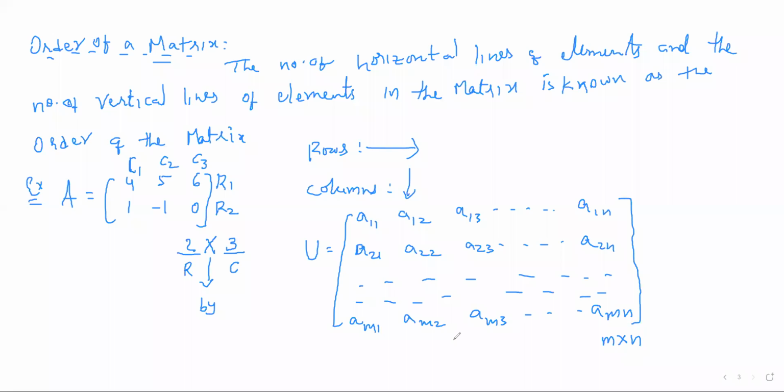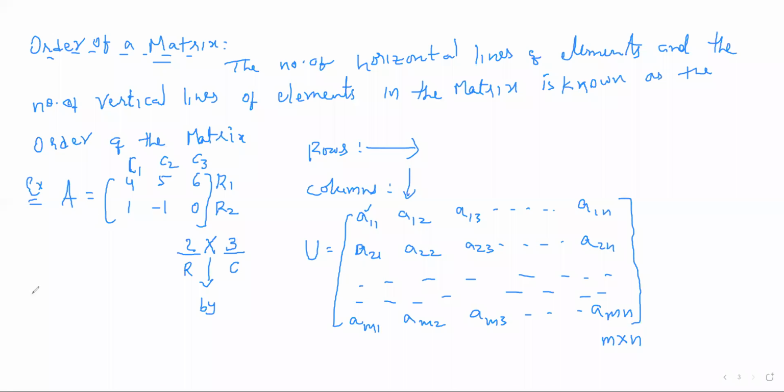From this we can also have knowledge of the placing of the element. For example, if you consider the element A here, it is in the first row, first column. That's why I have represented it as A11. Next element, first row, second column. Next, first row, third column, and finally first row, nth column element. Next, A21 represents second row, first column element, second row, second column element, and finally second row, nth column element.